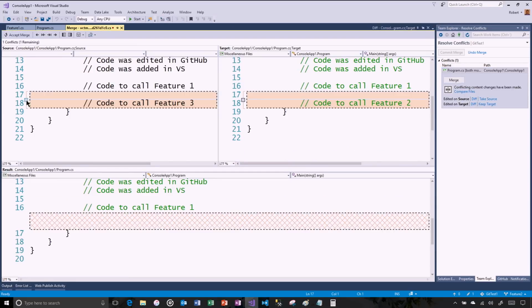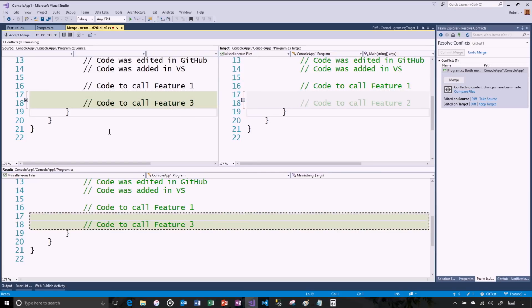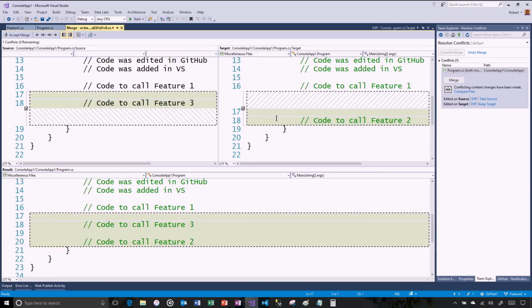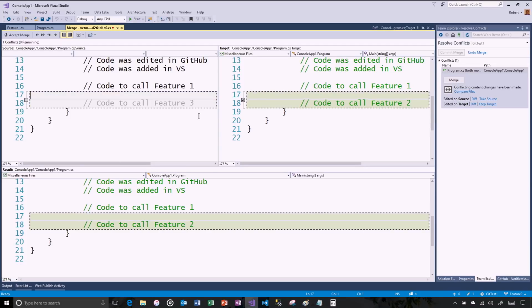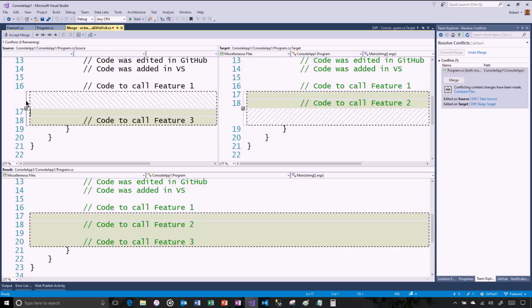And now notice there's a little checkbox next to this code. So I can here choose to keep both of the lines of code, which is what I'll then send back. And the order I check controls the order that things get added. So I actually want the code to call feature 2 before the code to call feature 3. Right? Then I accept the merge,